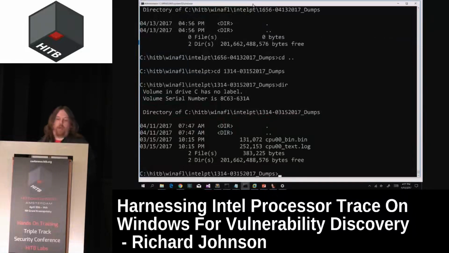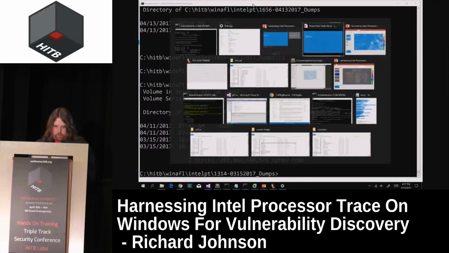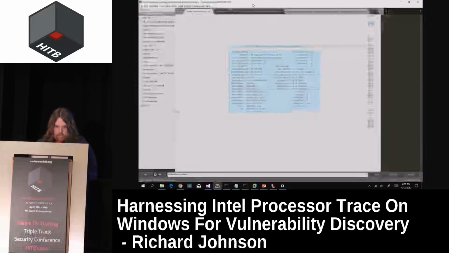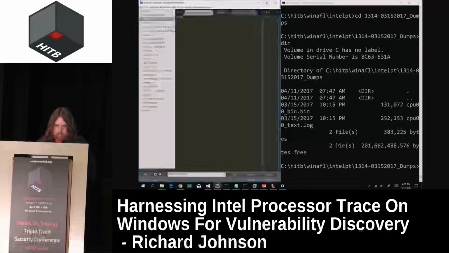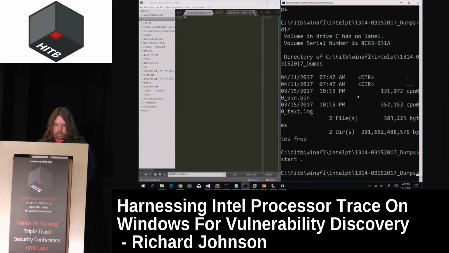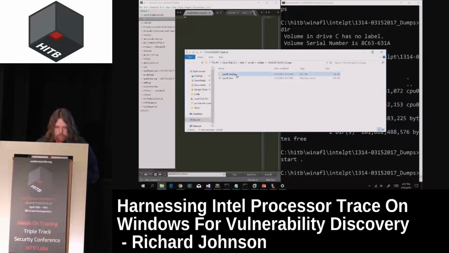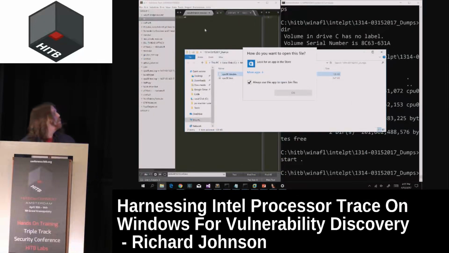Okay, so basically, to give you an idea of what we're dealing with here, the output is this binary format that's not at all useful to us unless we decode it. Fortunately,